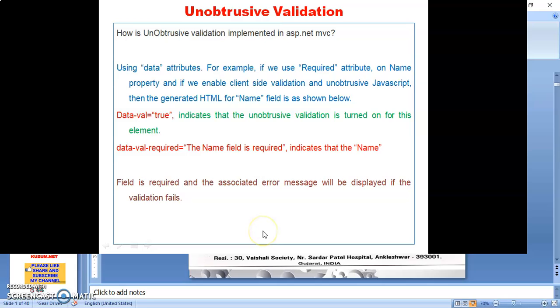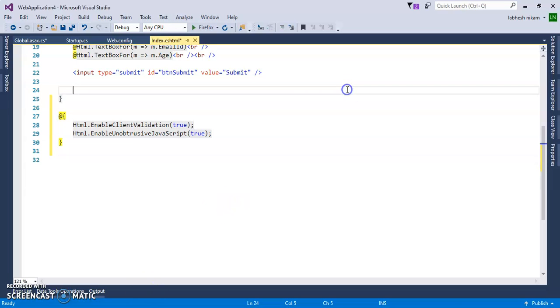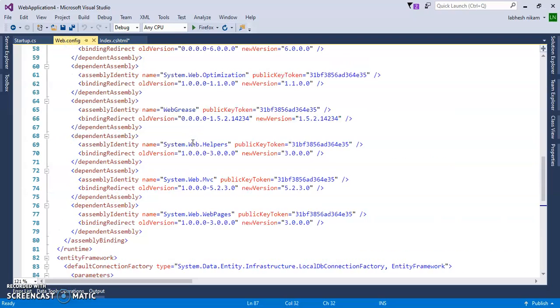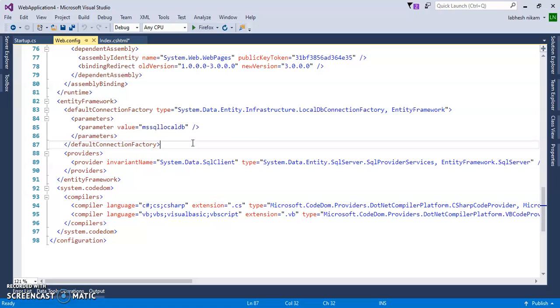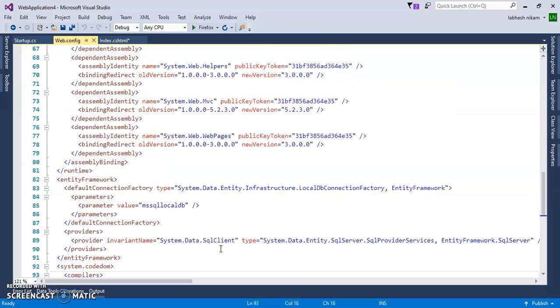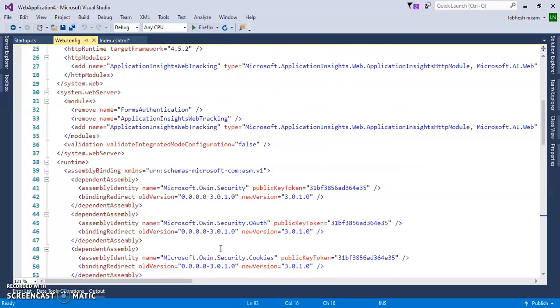Now let's see it in Visual Studio. Flip to Visual Studio and let's check it. This is my web.config file, and here you can define UnobtrusiveJavaScriptEnabled equal to true or false.